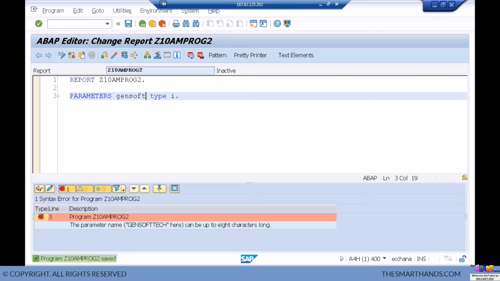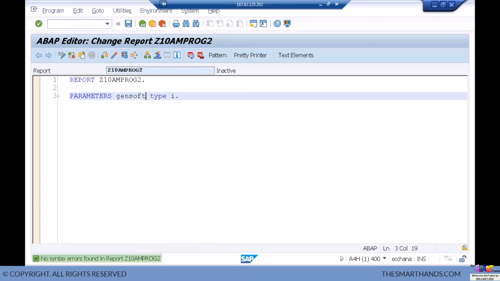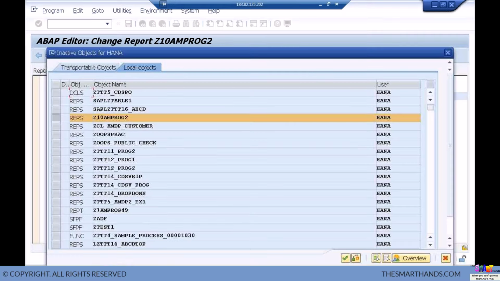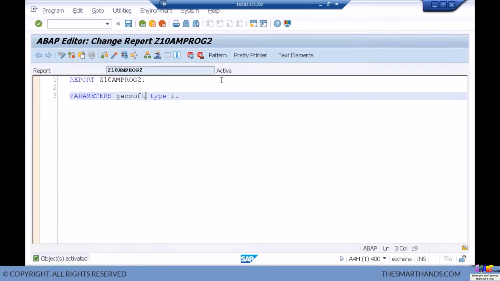Let me save. No errors. Control F2. No errors. Program has no syntax errors. Let me activate it. How do we activate? Control F3, or the Activate button on the standard toolbar. Enter. It is activated. The status of the object is active. So when I execute, when I say F8,